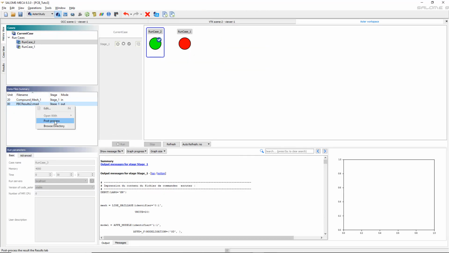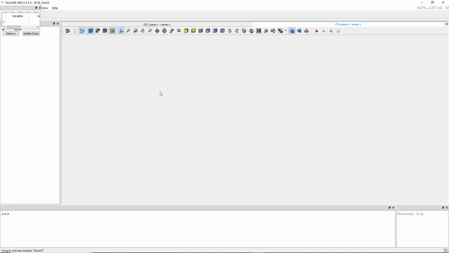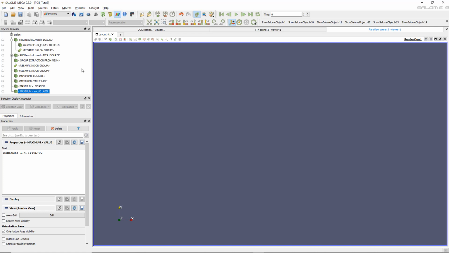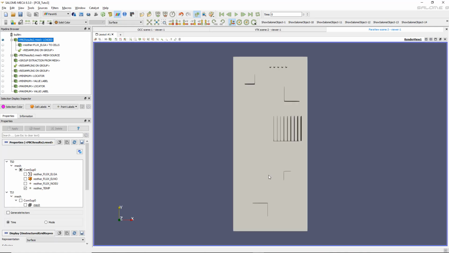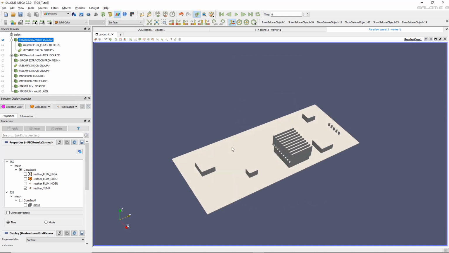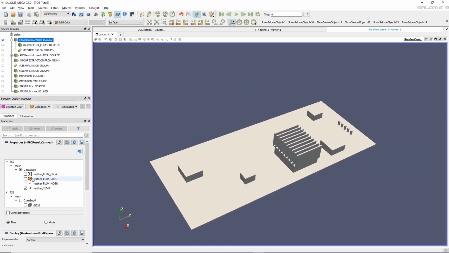and post process, browse directory. Okay, so I don't see it here. So you can just open the Paravis module. Yeah, and your result will be automatically loaded into it. So this is how you view it the old way, let's say, which is not so old, but